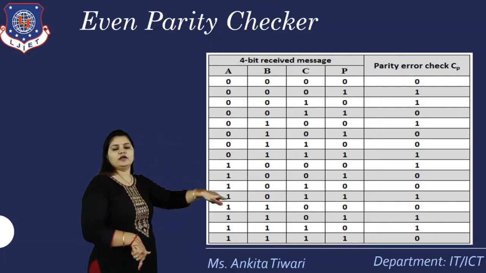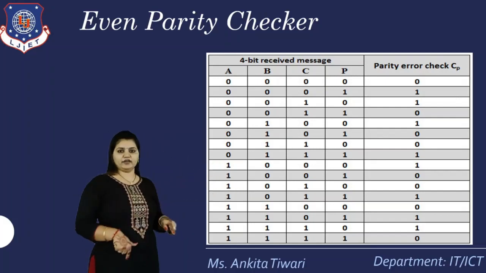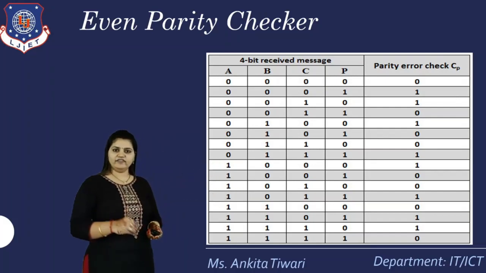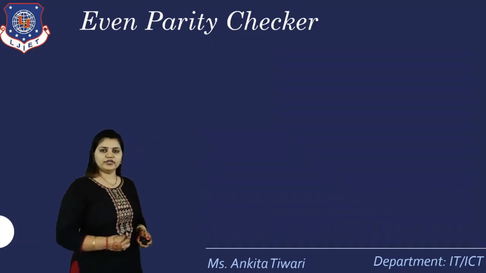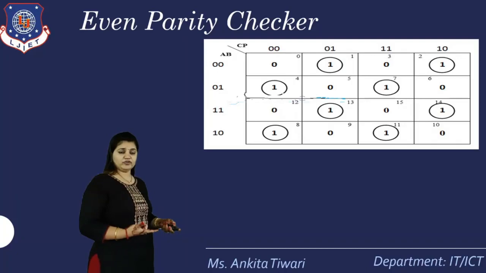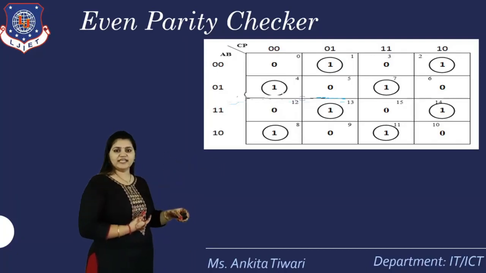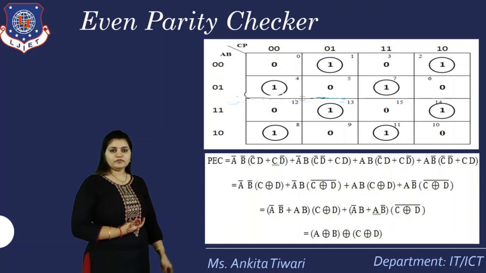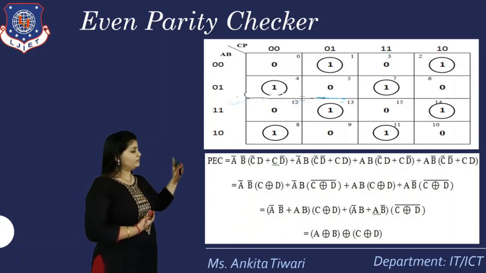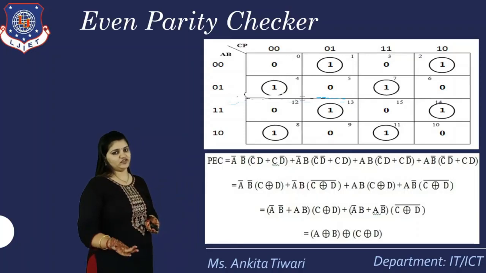The P value is already included on the receiver side. Okay, and we are checking whether the value given to the parity checker is even or odd. So here with respect to that table itself, we will put it in the K-map and see which values are possible to reduce, but here no values are possible to be reduced. So we'll put all the equations and we'll use XOR gate. You know we are using XOR gate.